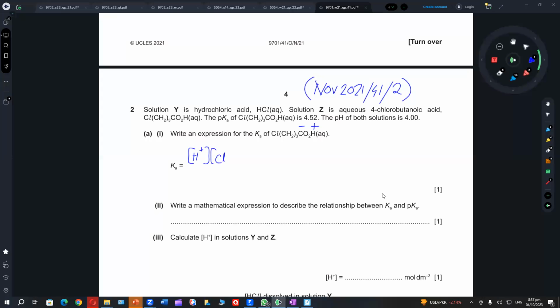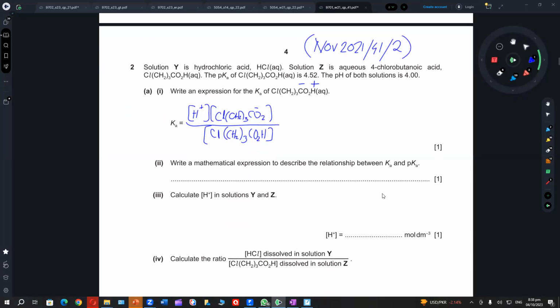Cl CH2 thrice CO2 minus. Or Cl CH2 thrice CO2H. So this is an equilibrium, and we have first established that